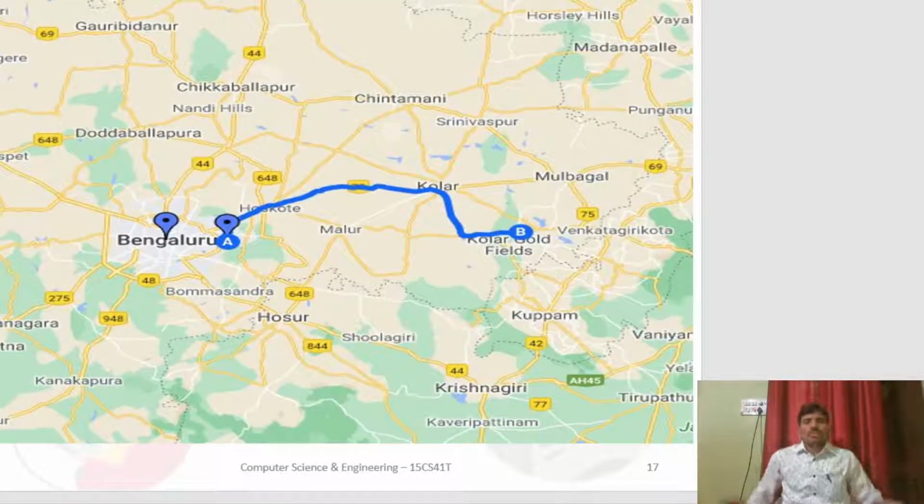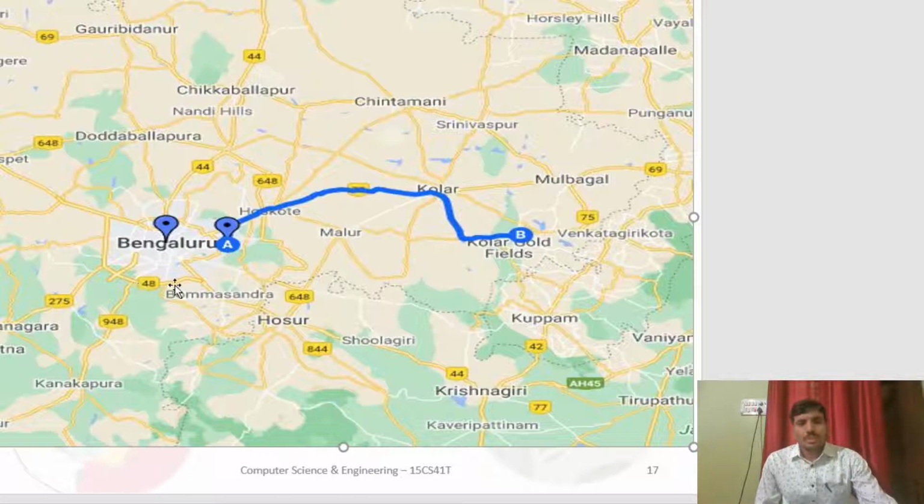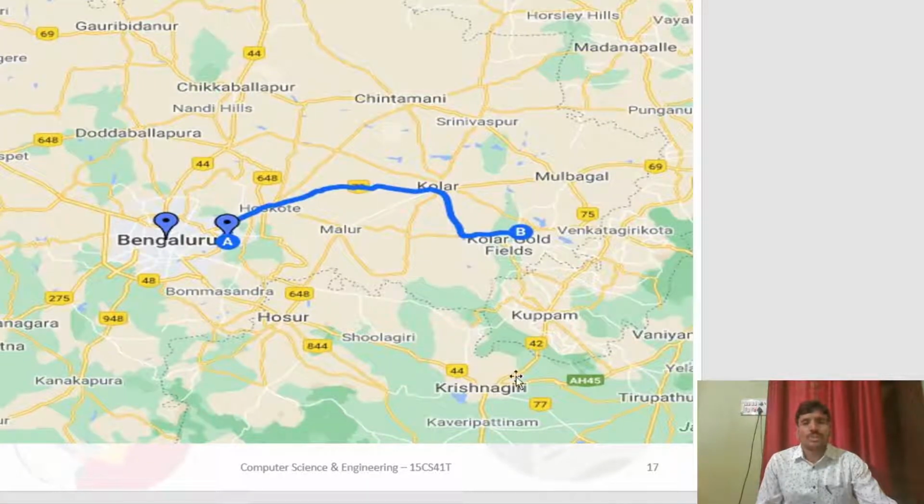So now you focus on this picture. It is a picture of Google Map of the city Bangalore, right? Here the surrounding cities are connected through the roads. So here also data structures are used. What type of data structures? Graph data structure is used. A graph is a combination of vertices and edges. Okay, students, each city is marked as one vertex and another city, and both cities are connected via an edge. Okay, students.